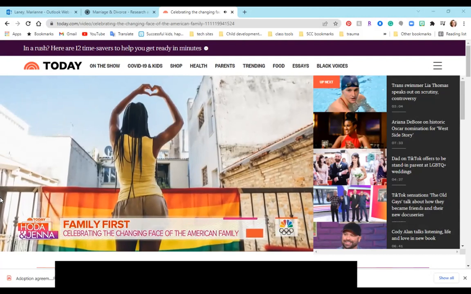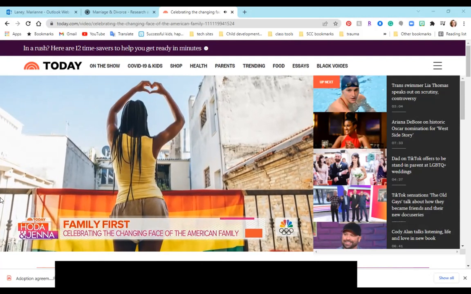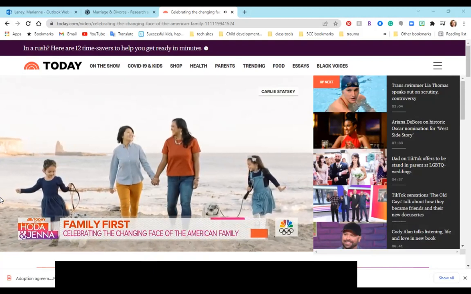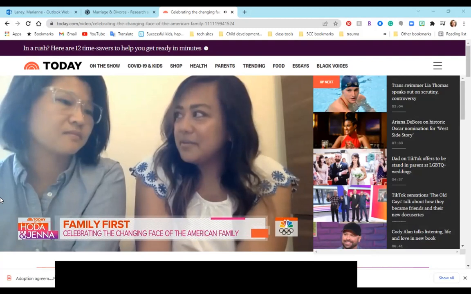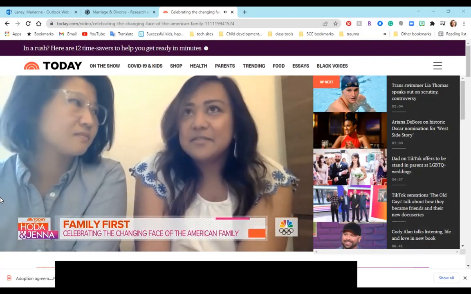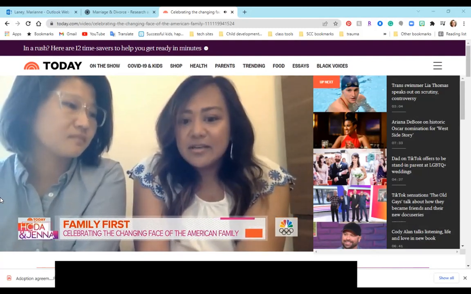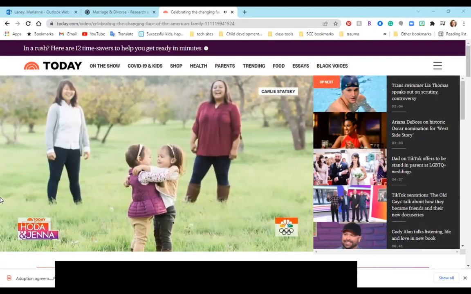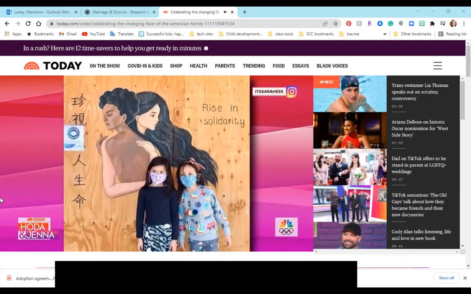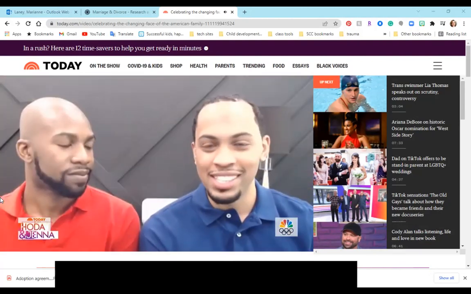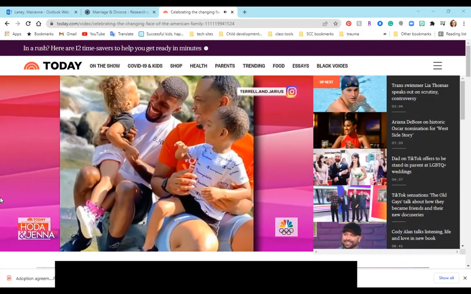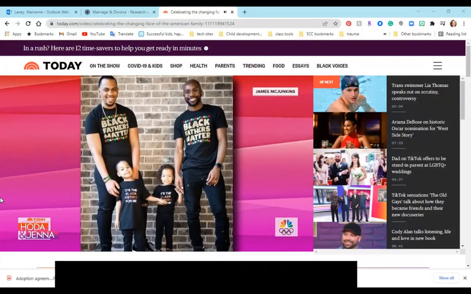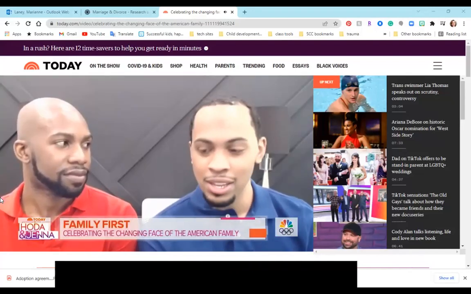Even though the face of the American family has evolved, many of these families still have hurdles to overcome. Some of the challenges we face being a 2-mom lesbian family, for sure, is the visibility that our children see in our everyday community. They don't get to see it very often, and they always question, why don't I have classmates that have 2 moms or 2 dads? A common thing that we get is like, oh, who's the dad? Are you the brother? I'm proud that we've gotten to a place to where we take it as an educational moment. Now I just share, no, well, this is actually my husband, and these are our kids.